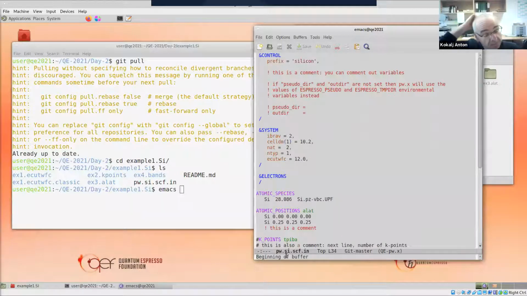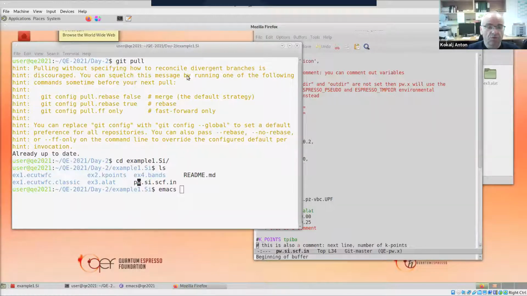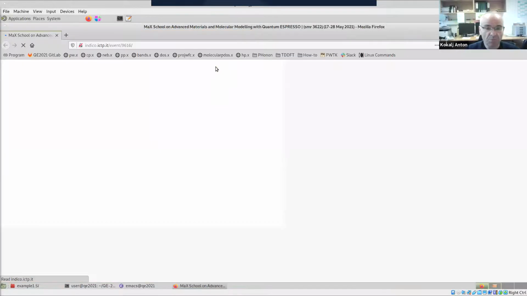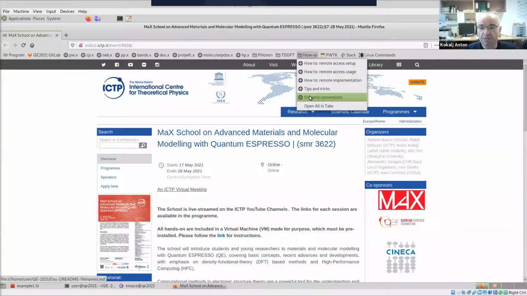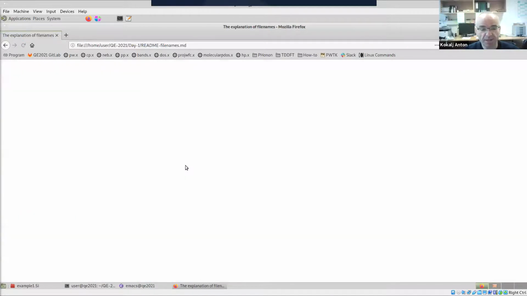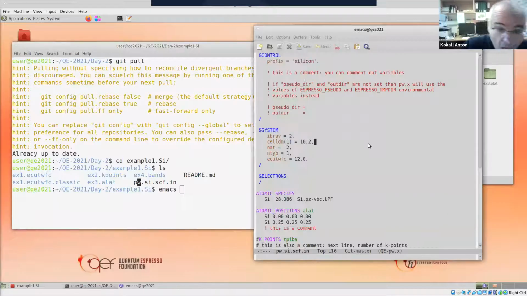pw.x input file. And if you are just interested in the name, what PW SCF means, you can go here to Firefox. Now, because the Zoom is running, it is a bit slower. And then you can go to this how-to, and you have here the file name conventions, and you can read the logic of how the files are named. Okay,